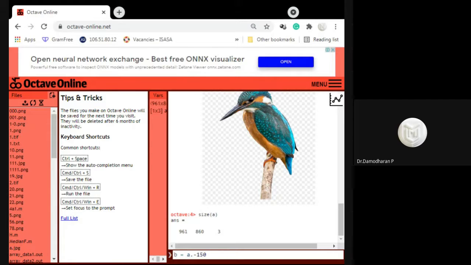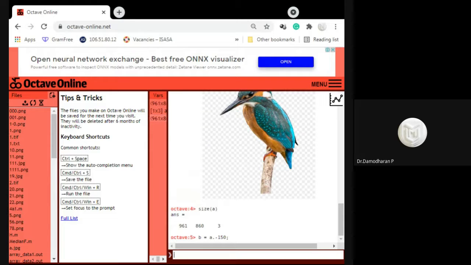Here 150 is a pixel intensity value. I'm going to subtract the value 150 from the matrix. If I put the dot, it goes to each and every element in the matrix and subtracts the value 150. Now the subtraction is completed.